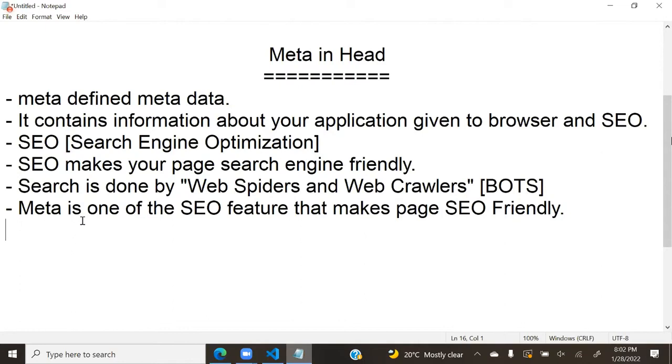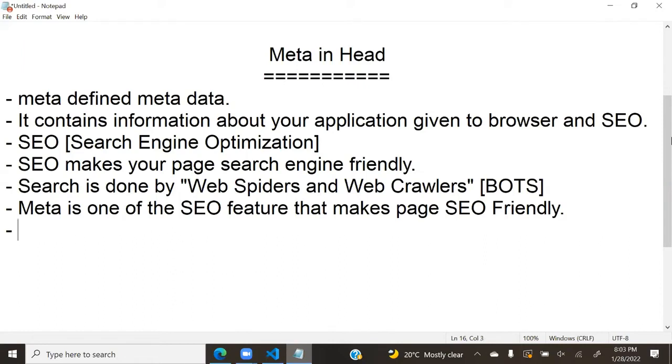And you'll hear more about this word called web crawlers. That means search engine optimization is not easy, and it requires a lot of things. In that, meta is one option. How that option works, I will tell you. Meta is used in SEO.